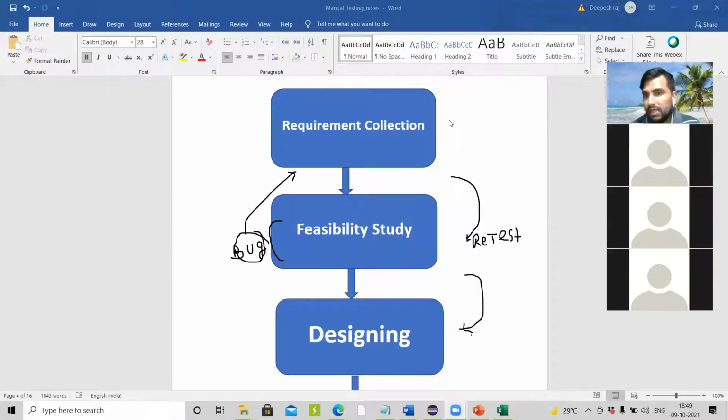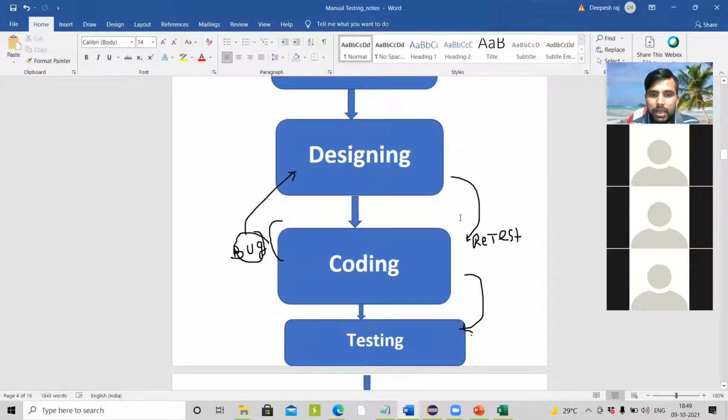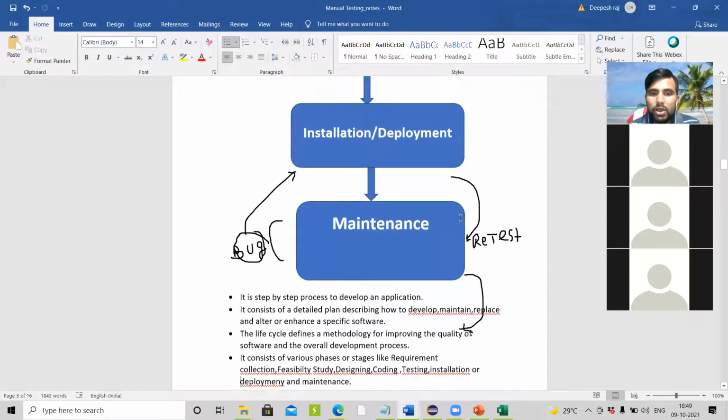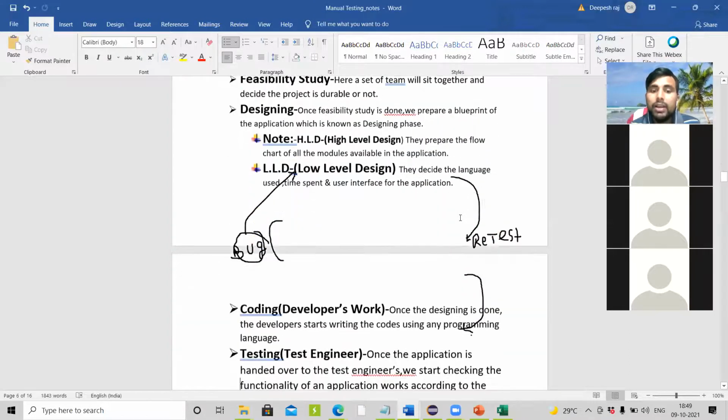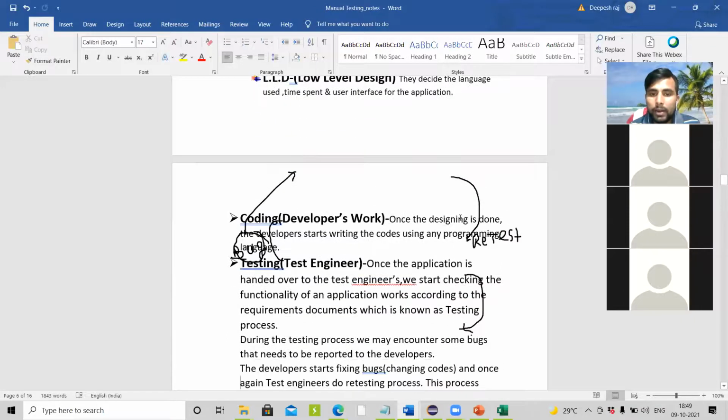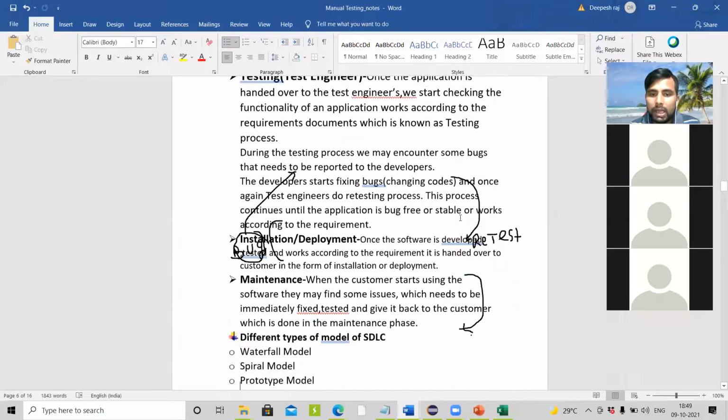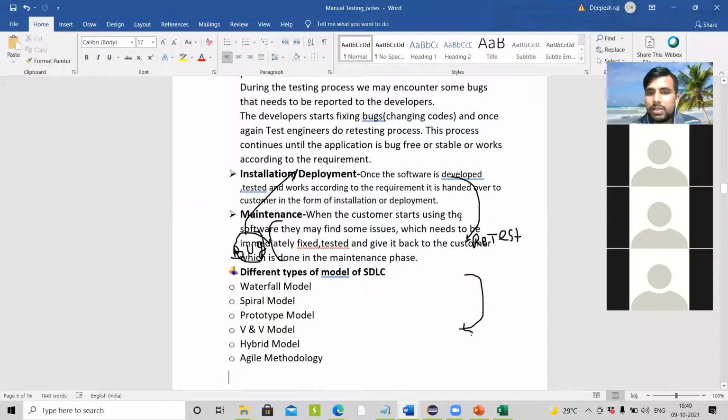You have to speak in front of the interviewer. I have neatly explained each and every process in the document, each and every phase.